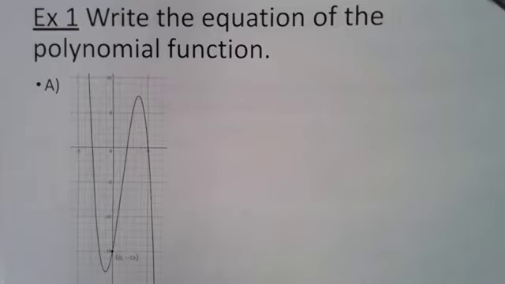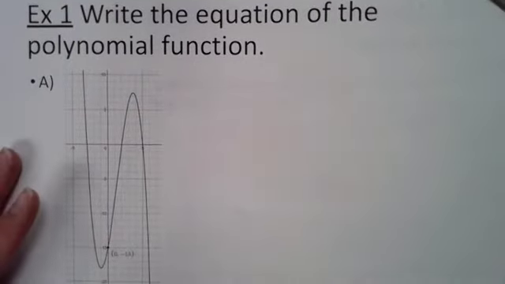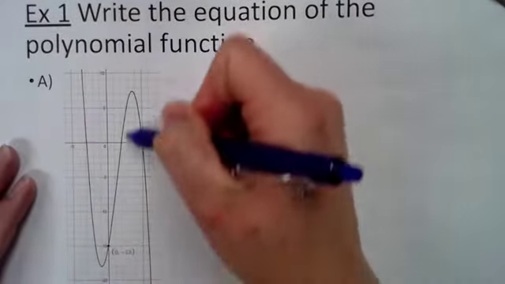Example 1, write the equation of the polynomial function. You can draw the general shape of that graph, and then we will label the points that are important together, because it's a bad graph, I admit. Write the equation of the polynomial function. This nice